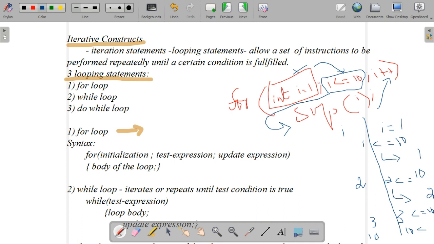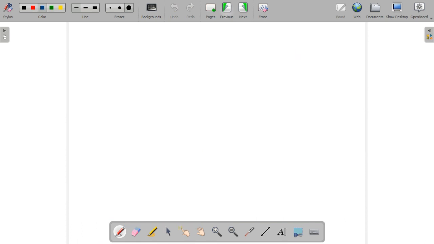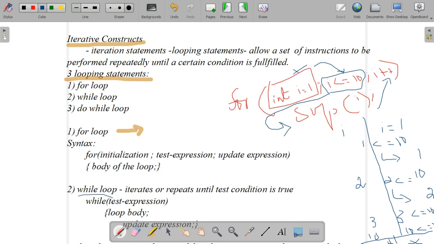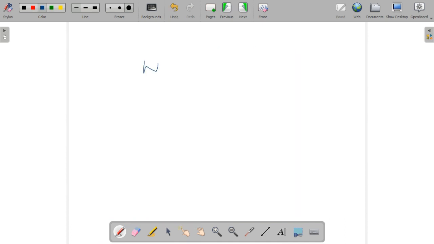So the last value, if i = 10, the condition 10 less than or equal to 10 is true. That's why it again prints the value 10, and it will go here, i++. i becomes 11. What is the condition? 11 less than or equal to 10. No, the condition is false. Till here it will print the values and it will exit that for loop. Okay, this is the process of the for loop: initialization, test expression, update expression, and body of loop.